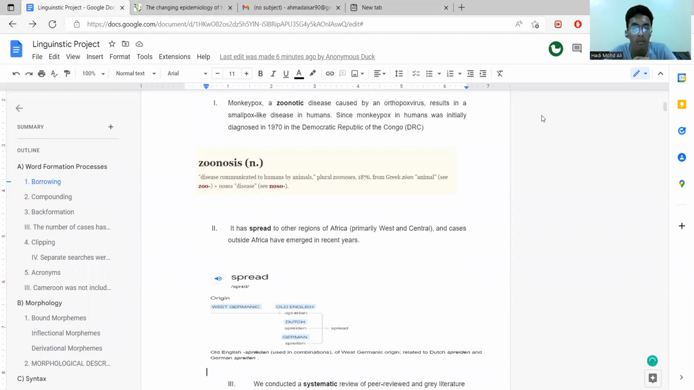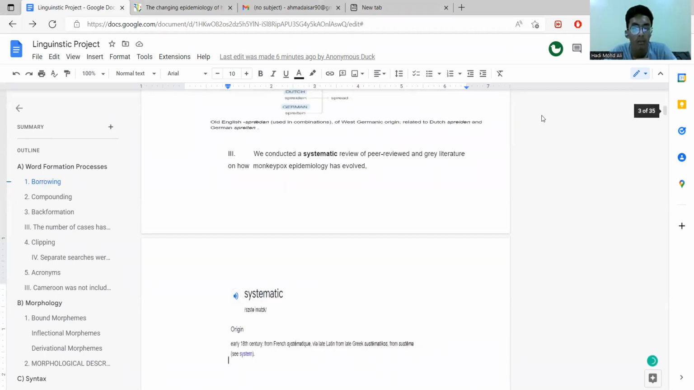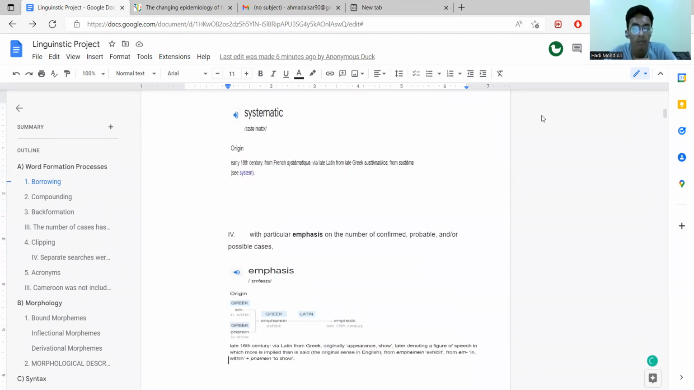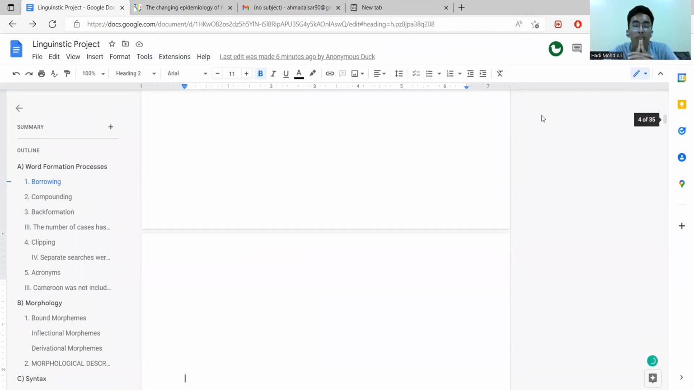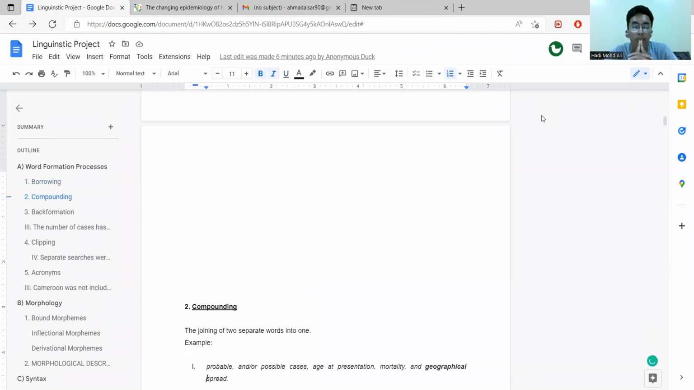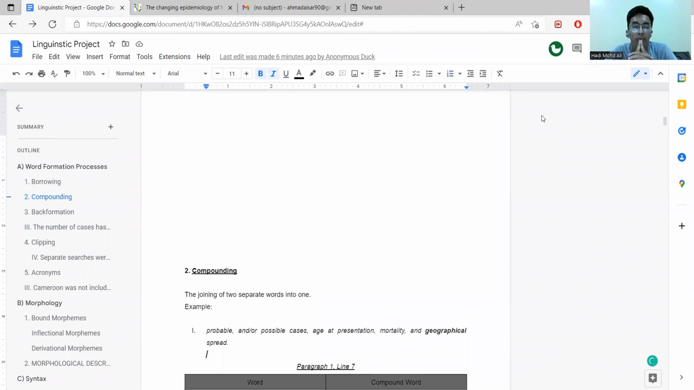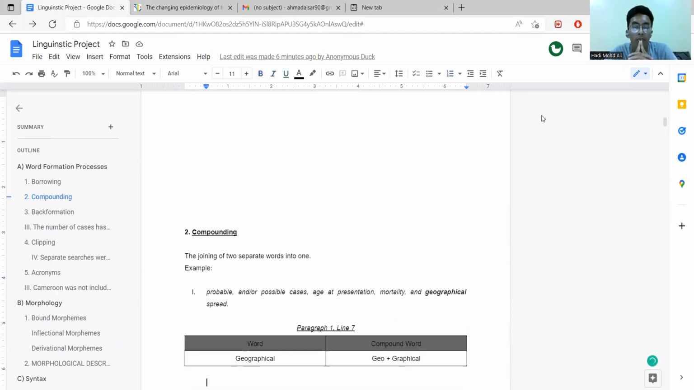and then we move on to the word systematic, also from the Greek, also from the 80s, and then we're going to be moving on to compounding. Compounding is the joining of two separate words into one. For example, one of the lines is